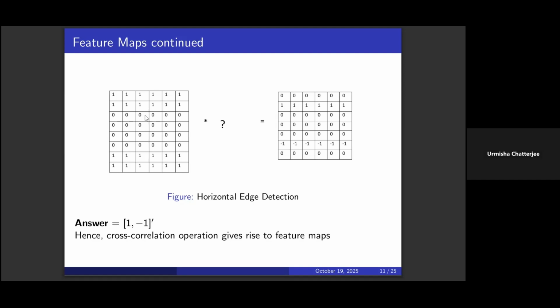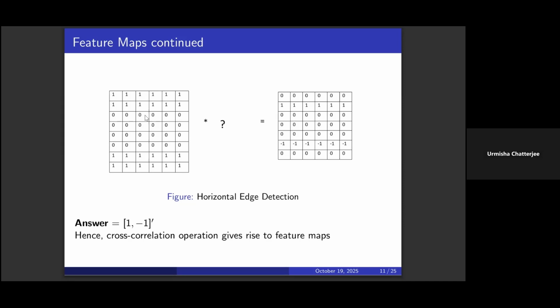So you can see that there are different kernels. With these two examples, you can see that different kernels have different purposes of detecting different features from a particular image, and that's why the output that we get after a cross correlation operation is called a feature map. Whenever we do a cross correlation of an image with a kernel, it captures some features. So each of these hidden representations is actually some features of the images.